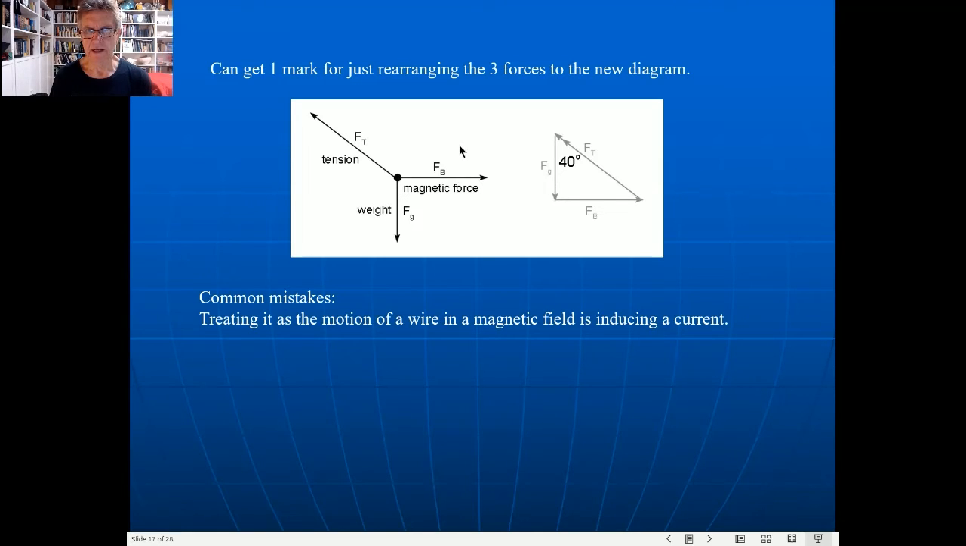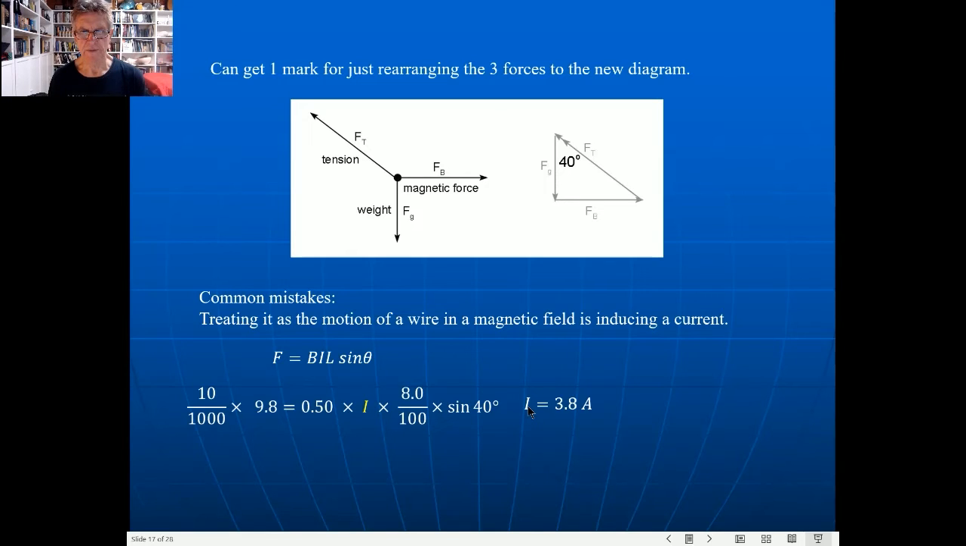Okay, and a common mistake for that is where the wire that moved in the field is being treated as if the movement of that wire is inducing a current, rather than the current producing a force on the wire in the field. So getting it back to front. Now, just a couple more here. That's what I said was using the formula before, so they use the 40 degrees there, basically putting it into that formula and getting the wrong answer. Okay,